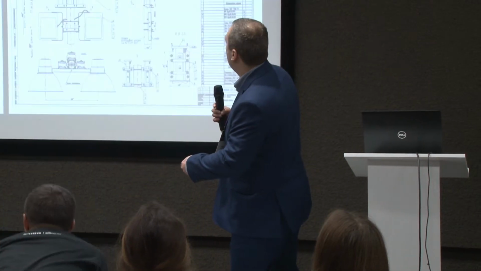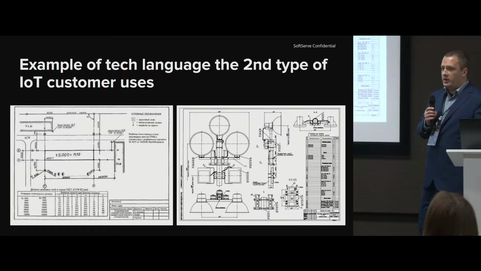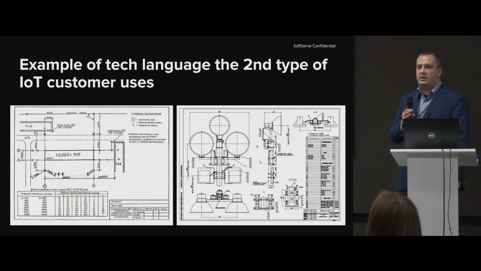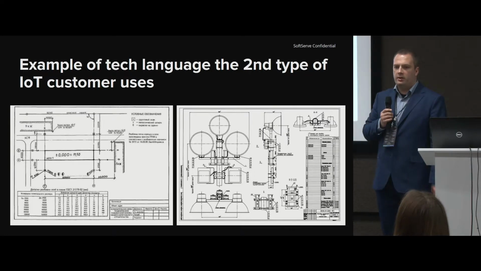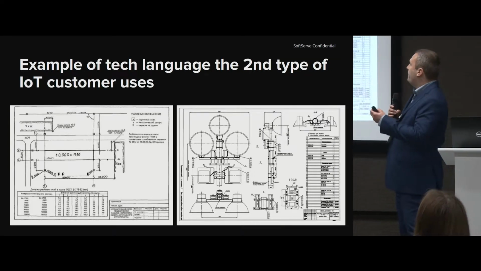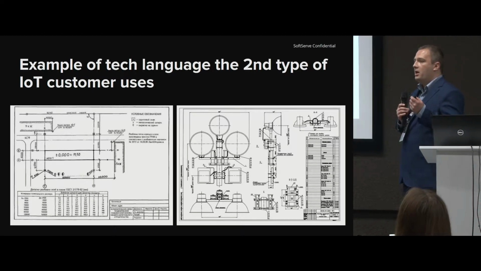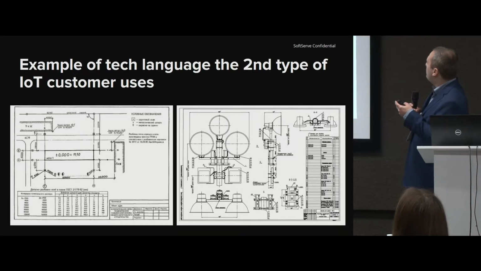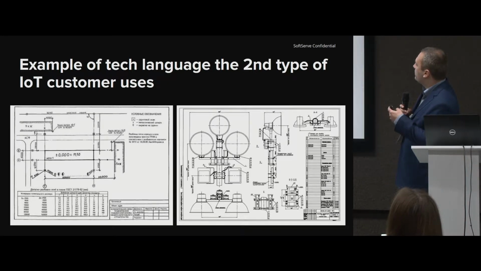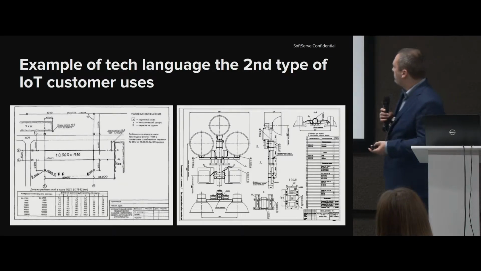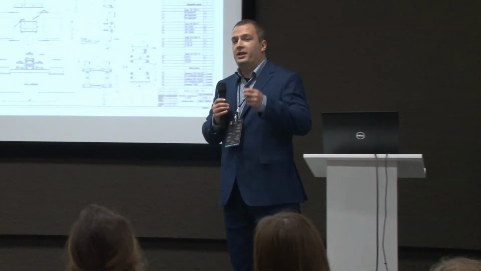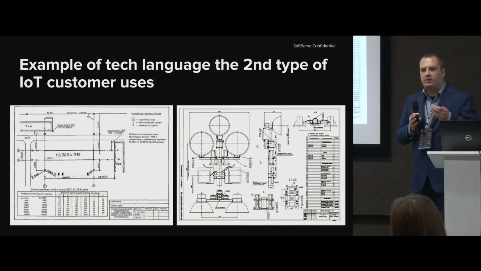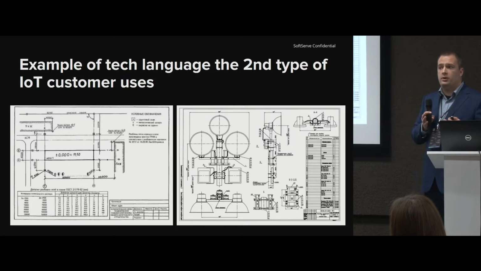There are two types of customer. The second type of customer has its own very specific and very useful technical language. An example is on the screen. Those two pictures contain the architecture of the solution, requirements of the solution, and use cases. One of them is about an engine, I believe. But the customer that comes to you won't understand what you want to talk about with the regular documentation that you usually use. This is very important to understand.